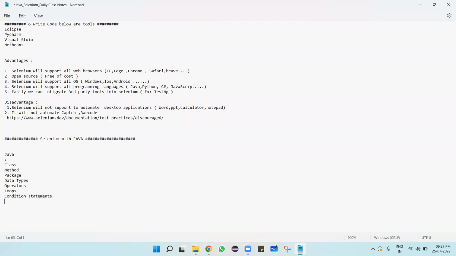Anything else, Rasul? OOPS concepts. Yeah, OOPS concepts also. Whenever we want to develop the framework, then we have to use that one. But till, let's say, 5 years, 90% of the people won't get the chance to develop the framework. So what all come under the group of concepts, I can say: